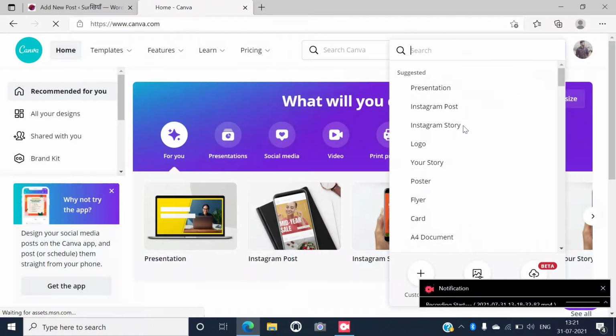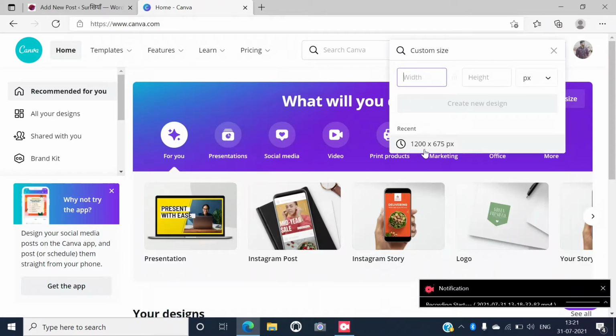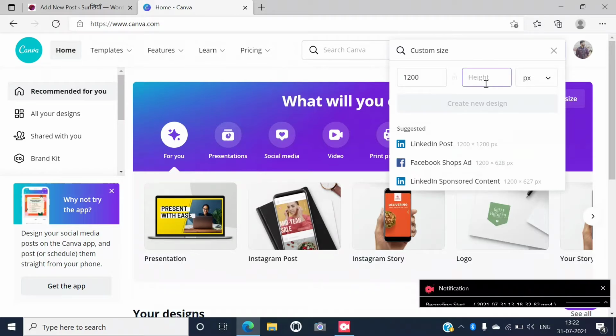So click on design, and then click on custom design, and type 1200 into 675, meaning 1200 width. Now click on create new design.